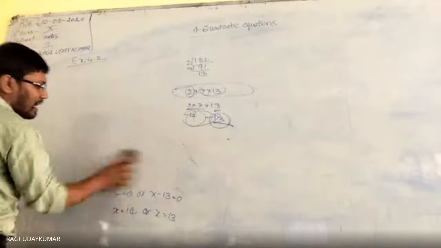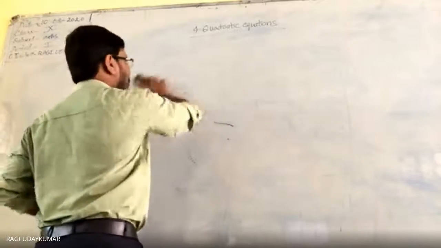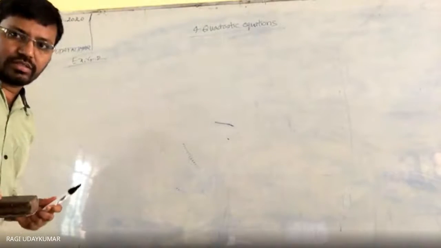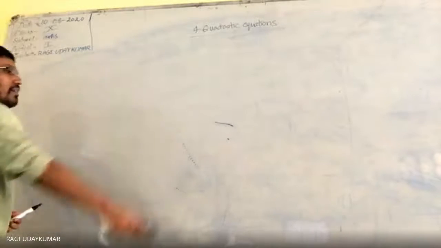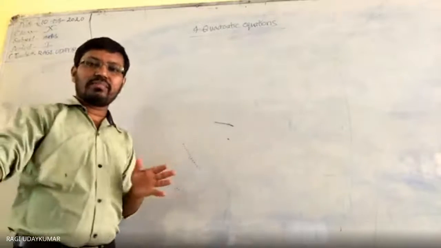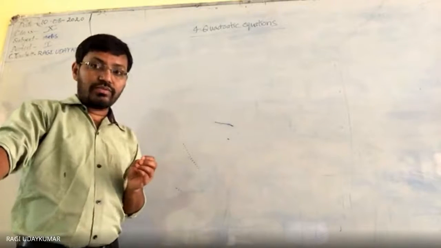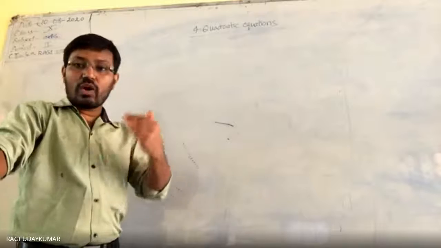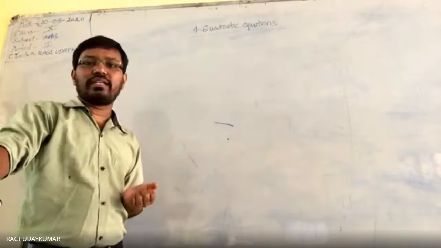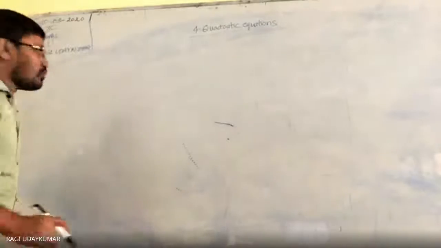With the help of the completing square methodology, we can extract the formula also to find the roots of the quadratic equation. So with the same completing square method, I am going to explain the proof of finding the formula of the quadratic. The quadratic equation has a formula; how do we extract that formula, that derivation, that proof I am going to give you. Okay.